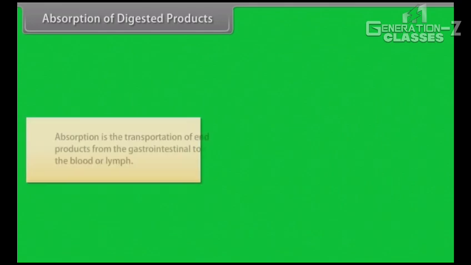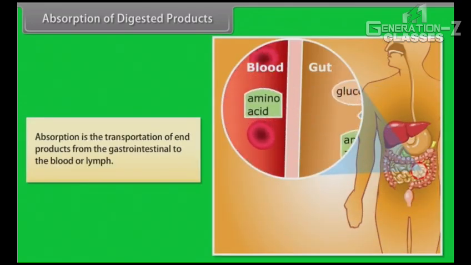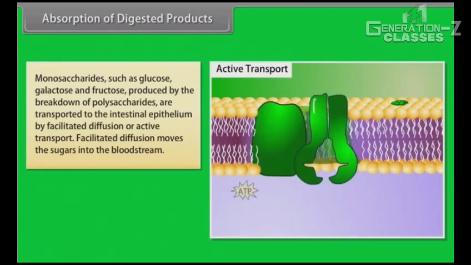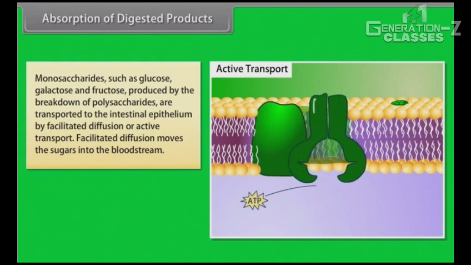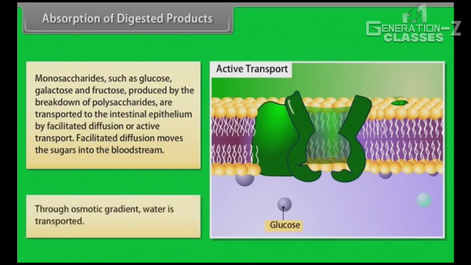Absorption of digested products. Absorption is the transportation of end products from the gastrointestinal tract to the blood or lymph. Monosaccharides such as glucose, galactose and fructose, produced by the breakdown of polysaccharides, are transported to the intestinal epithelium by facilitated diffusion or active transport. Facilitated diffusion moves the sugars into the bloodstream. Through osmotic gradient,